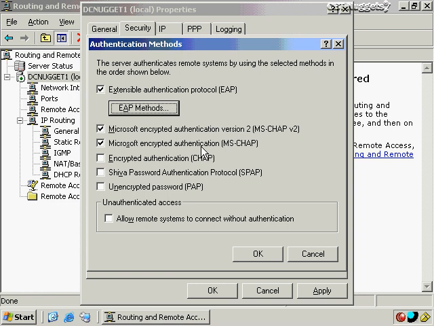Then the client will send back a response, and that's going to contain the user's username and a non-reversible encryption of the challenge string. So we're using non-reversible encryption here now, which of course would be a good thing. So it's non-reversible encryption of the challenge string, the session identifier, and the password. Now, the authenticator will then check to see if the user's credentials are authentic, and if they are, of course,